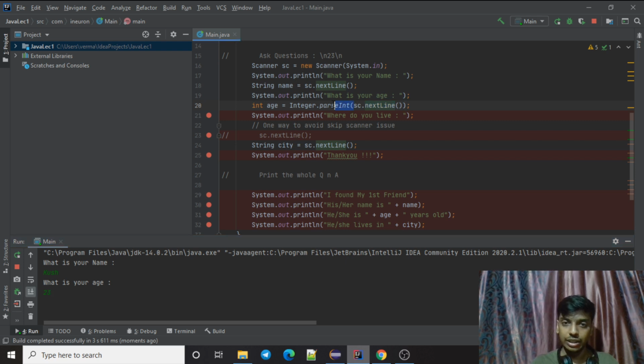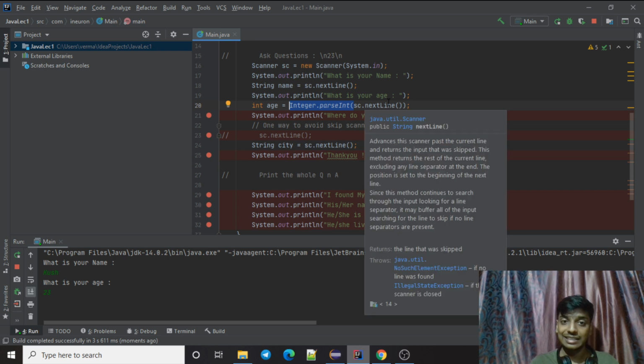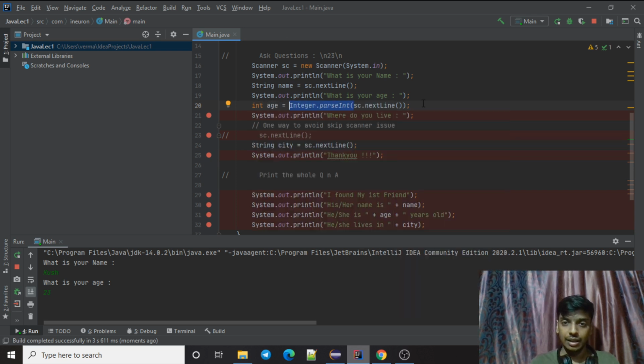If I don't use Integer.parseInt, it will give me an error because I would try to assign 23 as a string to age. It will come like 23 in double quotes, so it is a string. When I do Integer.parseInt, it will convert it into a number, which is 23. I hope you guys got this point. So it will work.